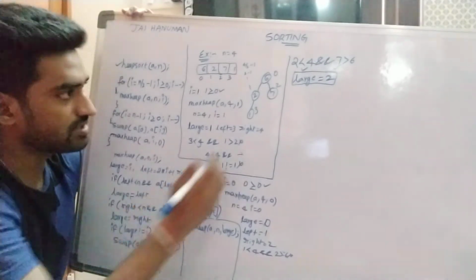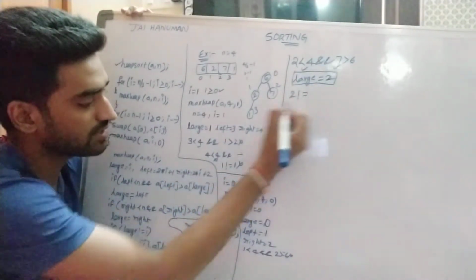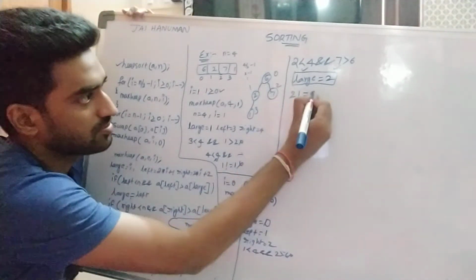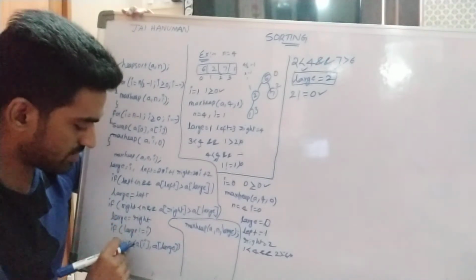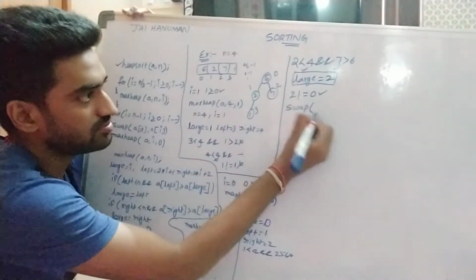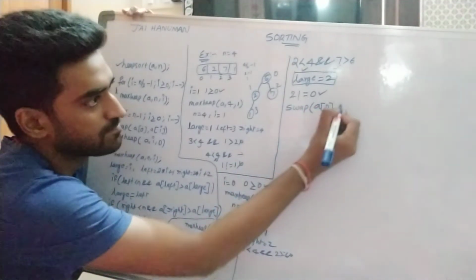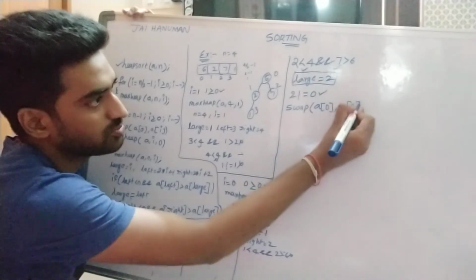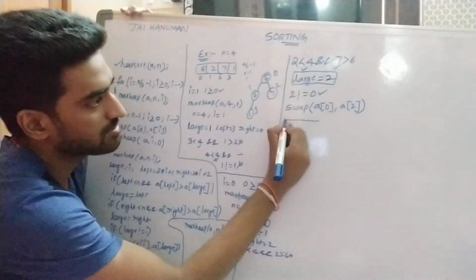Again we are checking this condition. Large not equal to I, that is 2 not equal to I, which is 0. So the condition is true. Then we process the swap of A of I comma A of large, that is swap A of 0, A of 2. So we are swapping, and the array becomes